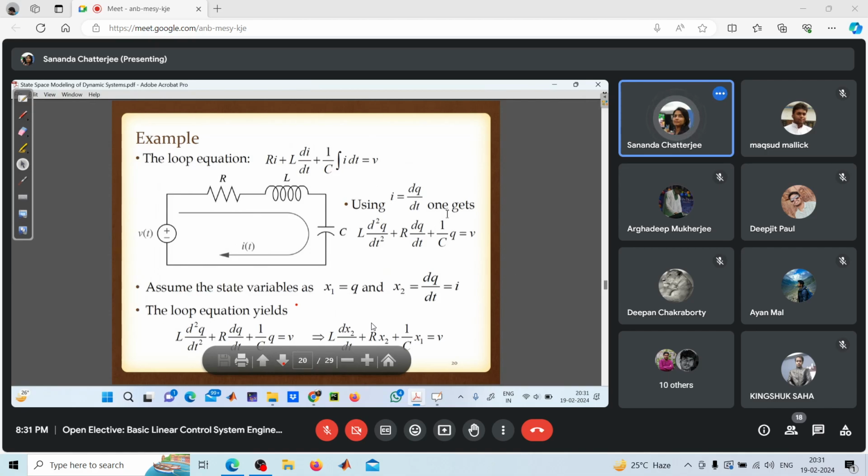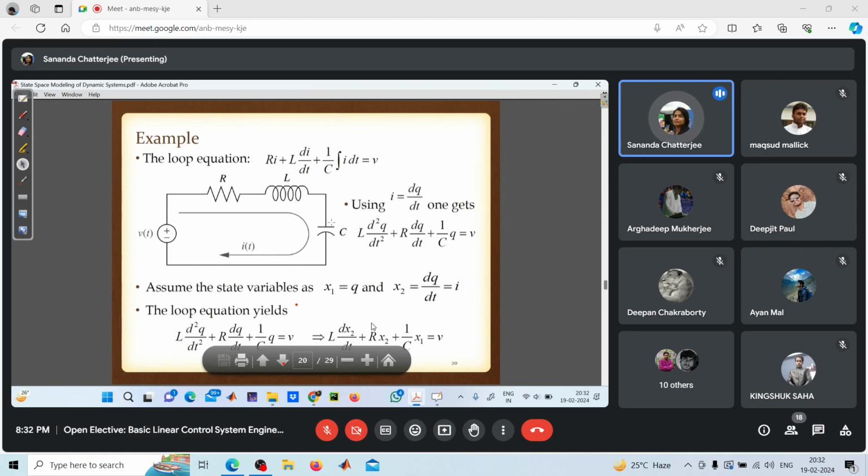So this is the description of the physical system. We are taking a white box model, therefore we know RLC are the components, and this is their interconnection. So we can write the input voltage V as the summation of Ri plus L di/dt plus 1 by C integration of i dt. Okay, now